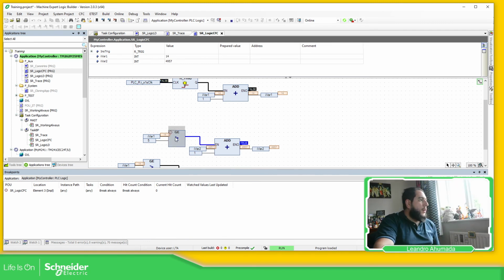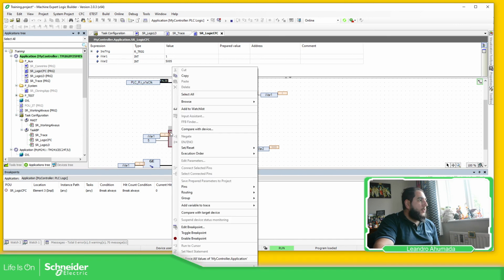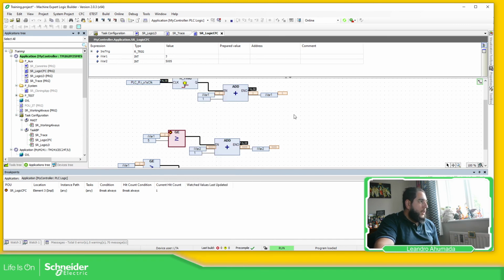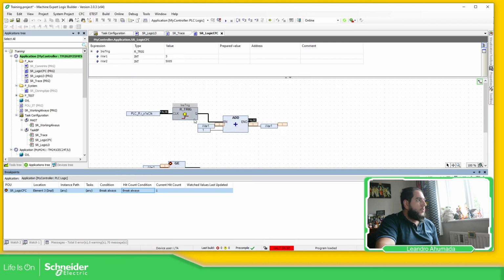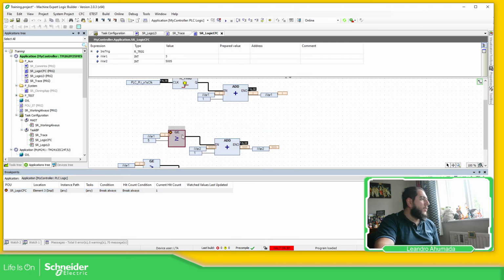So if I execute this now, enable, as soon as it reaches, I don't know which number, let's hold, element 3